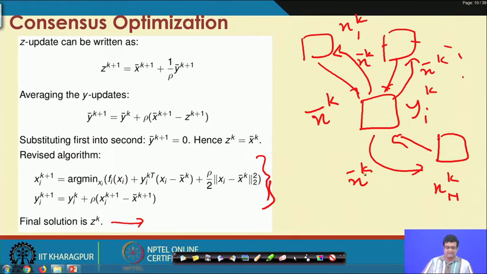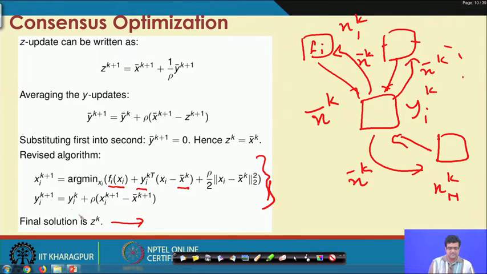Then you have all the information to compute this objective function, because you have the f i. So f i is on the ith machine, and you have the y i k. So y i k also has to be sent, but you have the y i k and you have the x bar k.